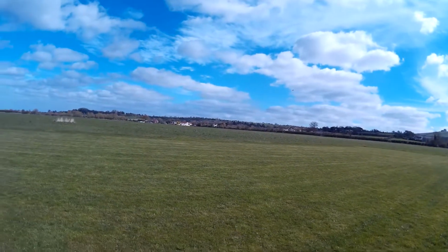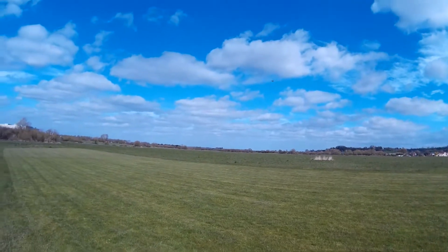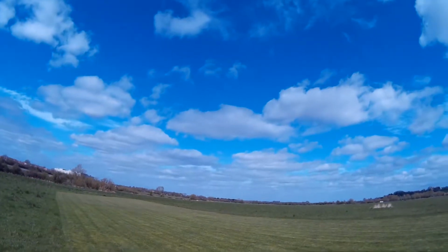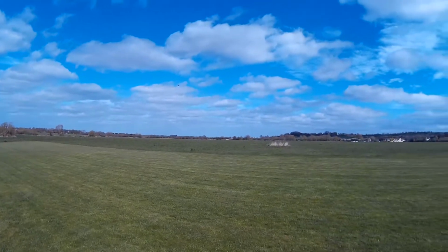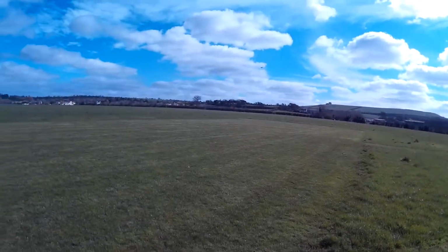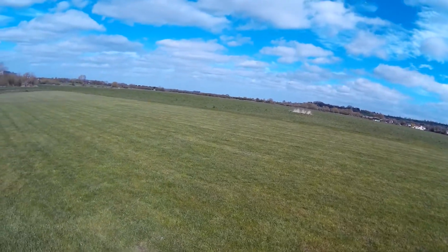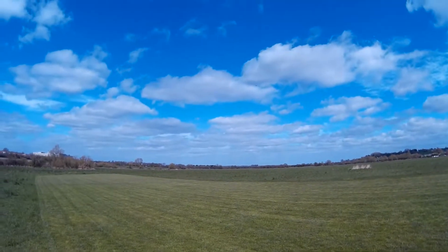I guess it's a bit better today because it's not quite so windy. Doesn't really stand on its tail like some of my other models. You just get used to flying it with its type of flight profile. I think it'll be alright. Look at that, how that's struggling. Alright, it's not flat out, but